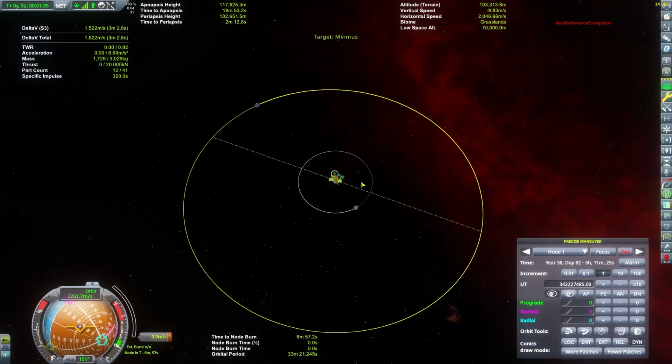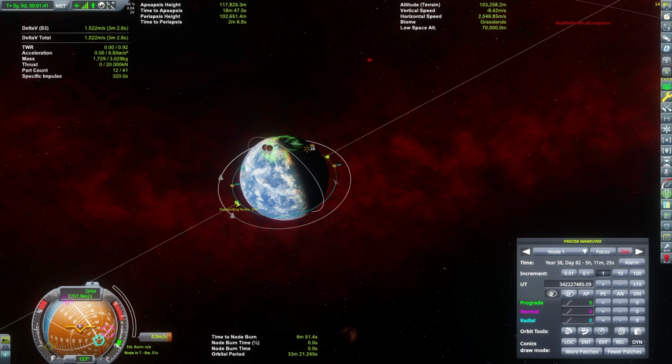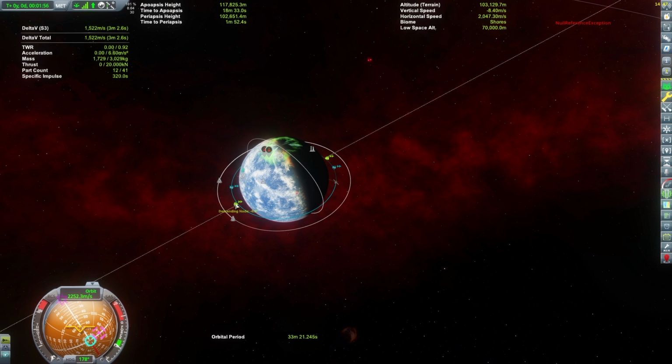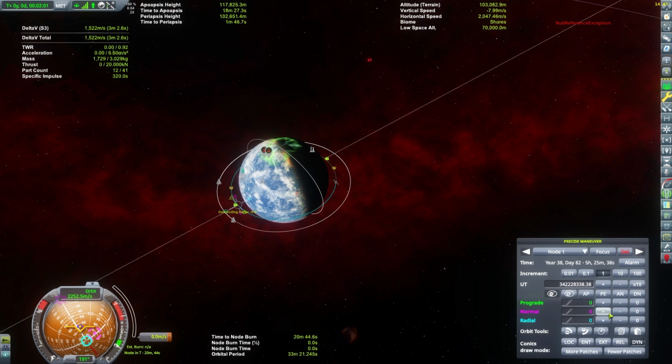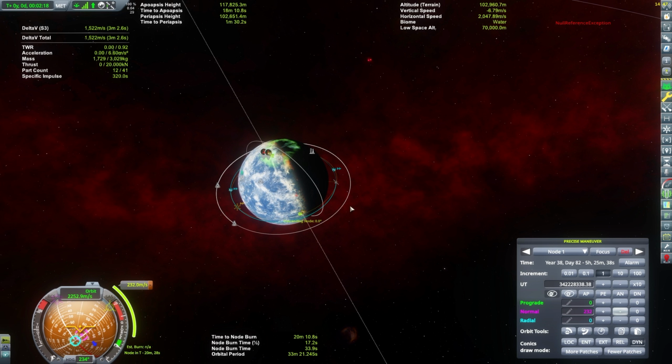It was a long time since I went to Minimus, and let's first make an inclination change, so we will have an easier time to change for it. Okay, cool. So let's make a maneuver here. Oh, now I have two maneuvers. Let's remove everyone so I don't mess this up. And maneuver. And we just want to go normal at the ascending node until it's 0. There we go. So we have 20 minutes until that node, so let's point ourselves to the maneuver,